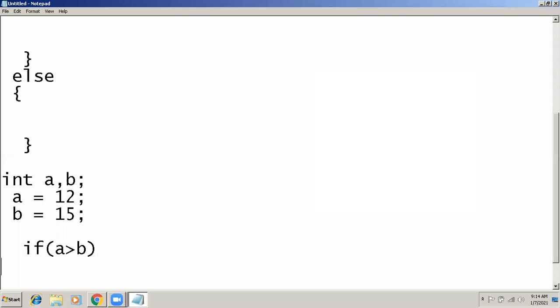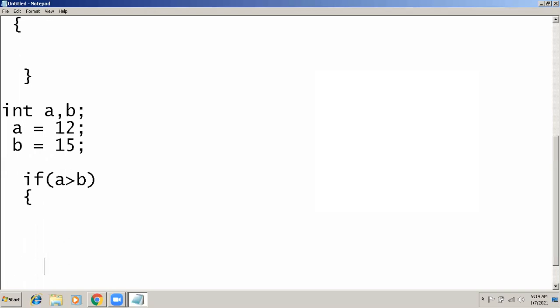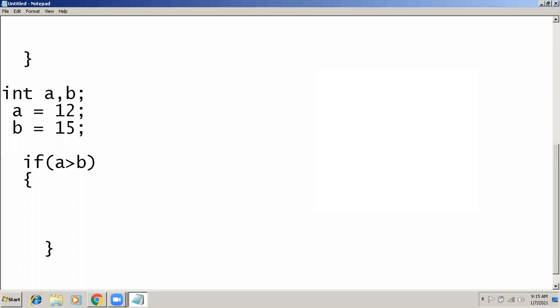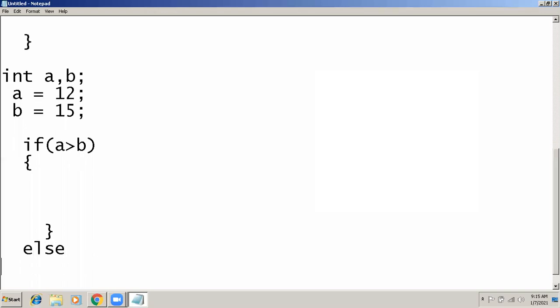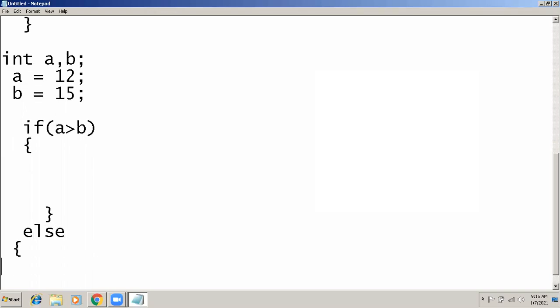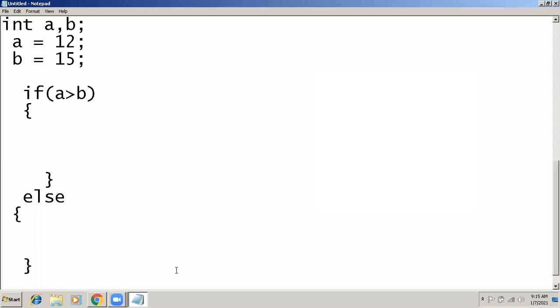I've already told you that here we have to make the block of if, and after this if block, we have to make the else block. Inside this block of if, we have to write programming instructions, meaning if this logical expression is true, then what program will execute.